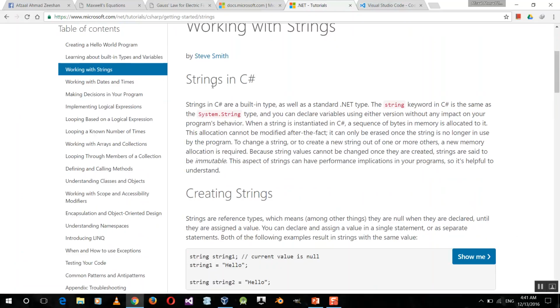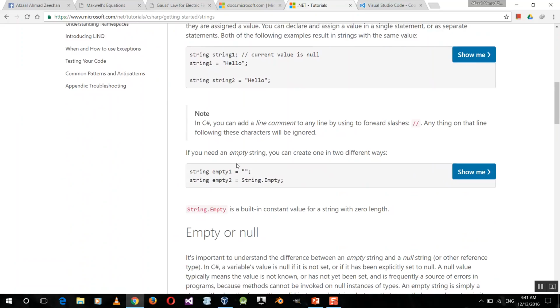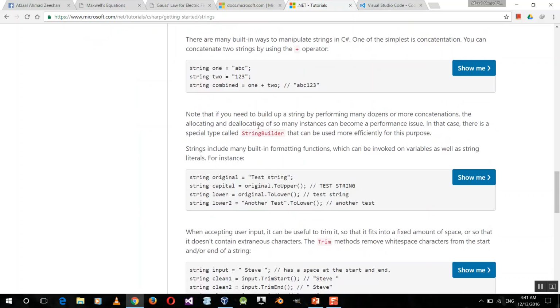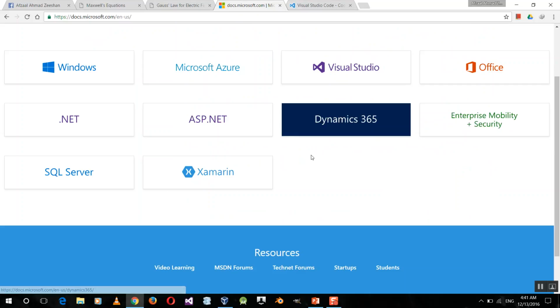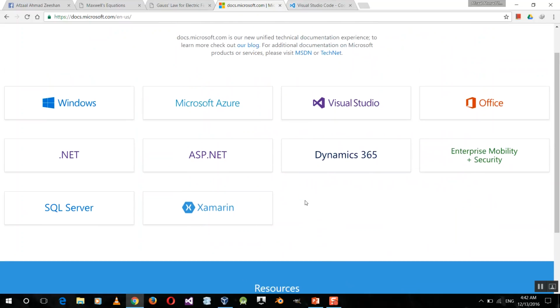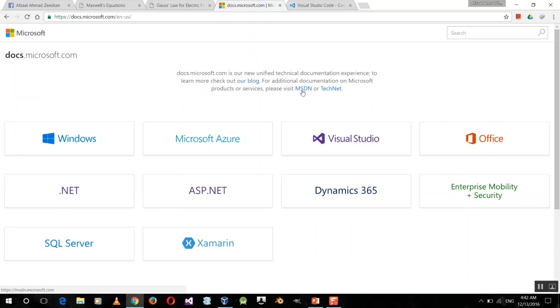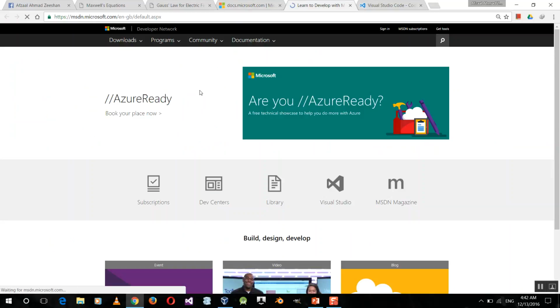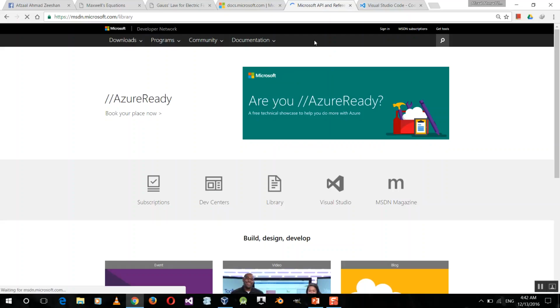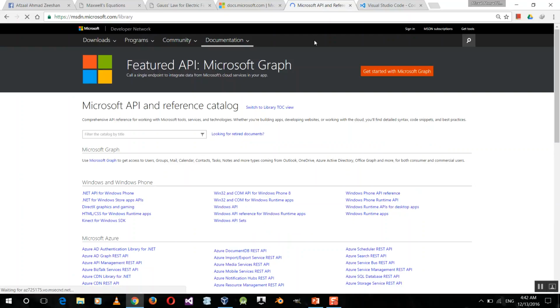So for example, working with strings, creating strings, empty or null, what do they all mean, string operations, etc. The entire .NET Framework is documented. The reason why I showed you MSDN was that the previous versions of .NET Framework are available on MSDN. The docs version will also work, but if you want to go and learn about, for example, .NET 4